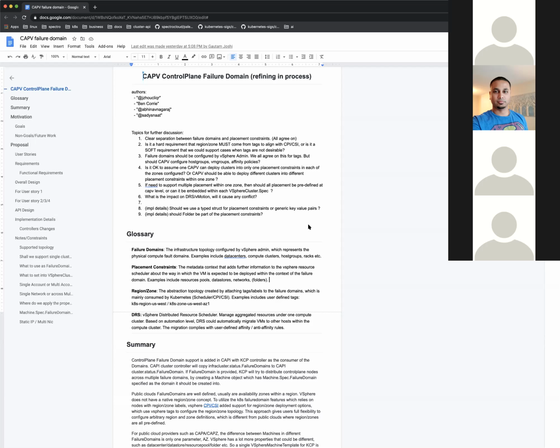Cool. Tasha? Yeah, I also like that idea. The only thing I want to ask is, who's going to reconcile those CRDs? Like, there's a CRD for host group, so to validate or create that, is it the CAPV manager, or will we have a separate controller like a vSphere AZ configurator, or a fault domain configurator? I'm not sure. It could be either, really.